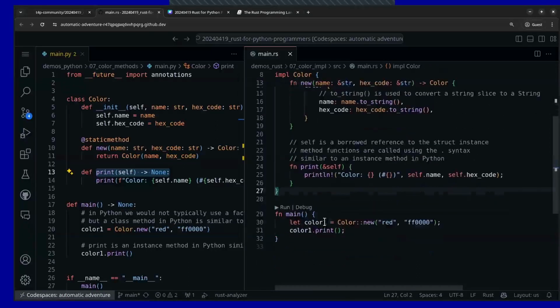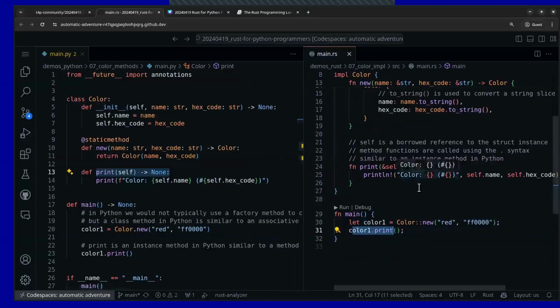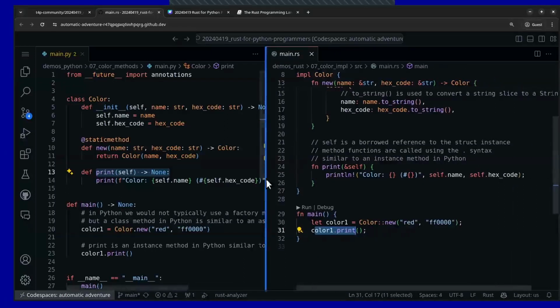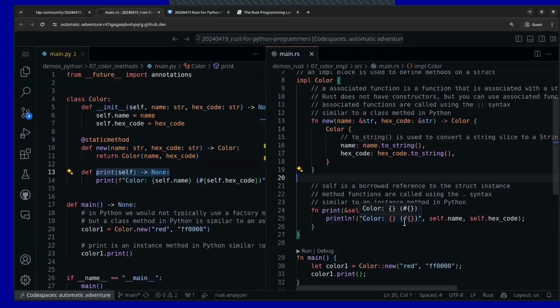down here, I create my Color new. This is why I made the code look like this in Python. So you could see that this new is similar to the static method, except it's called an associated function in Rust. And then we call color1 print, and it's a method function in Rust. So if I come into here and run this code, there's the output that we had before. Now,